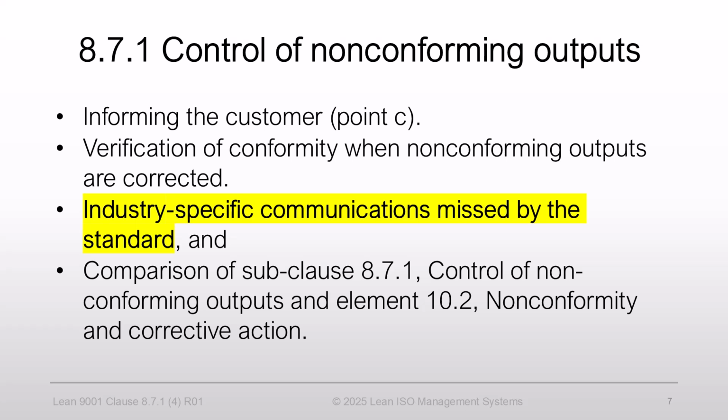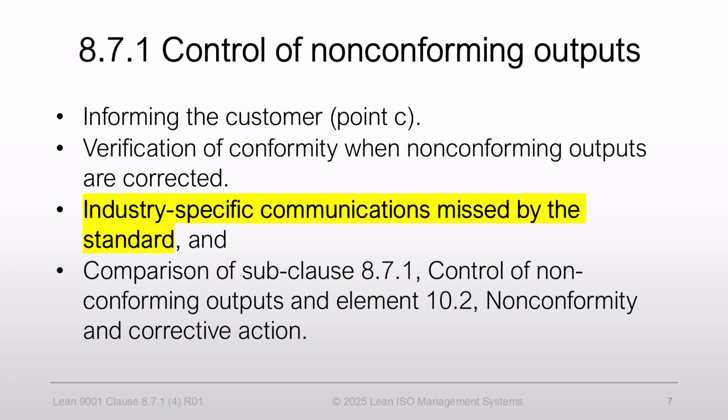Sadly, the standard has missed a critical consideration in this clause: reporting to regulators, as applicable. Specific industries, such as medical device manufacturers, automotive, and aerospace, have strict regulatory requirements regarding customer and regulator communications for particular nonconformities due to safety concerns. For example, suppose you manufacture medical devices and receive a doctor's report indicating that such a failure could have caused patient injury or death. In that case, you must report such an event to the FDA. Another example relates to aviation. You probably remember numerous instances when the FAA grounded particular aircraft types for inspections and repairs due to identified deficiencies. Failure to meet these communication requirements could result in fines and legal actions. Who needs those, right? So, if you are in a regulated industry, add this regulatory communication requirement to your nonconformity